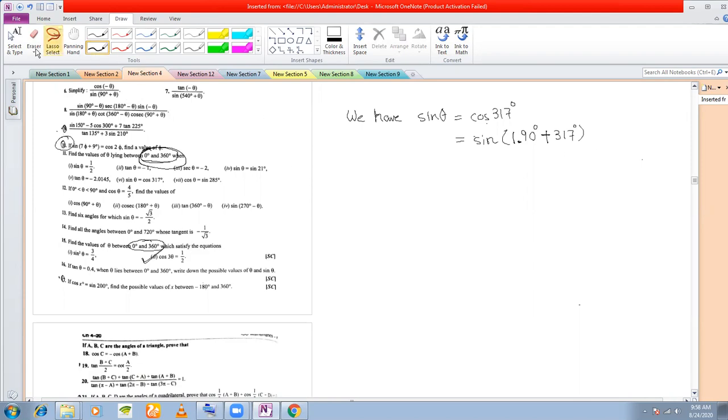Okay. So one rotation is over. In one rotation, I could not find the solution. Let us try to find it in the next rotation. How will you find in the next rotation? Four 90 degree rotations, and then the fifth rotation, right? 5 into 90 degree. 5 into 90 degree in the first quadrant will be minus 317 degree. Now let's check whether it is between 0 and 360 degree. 450 minus 317 is very well between 0 and 360. So we can accept this angle.